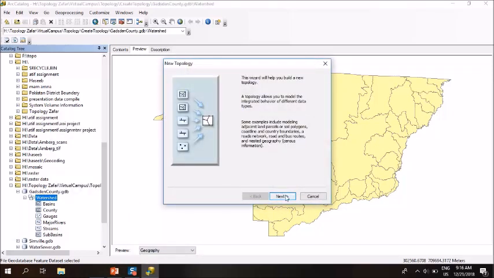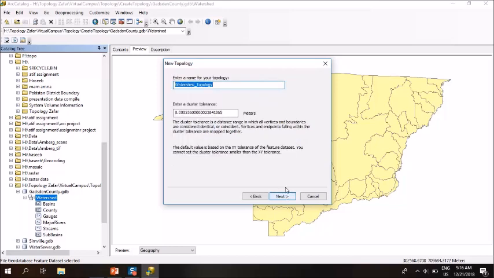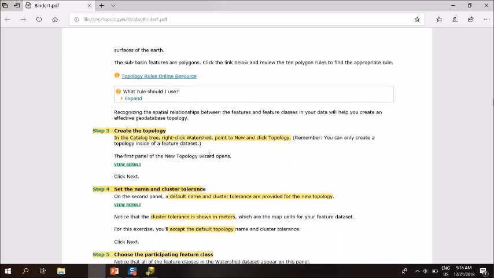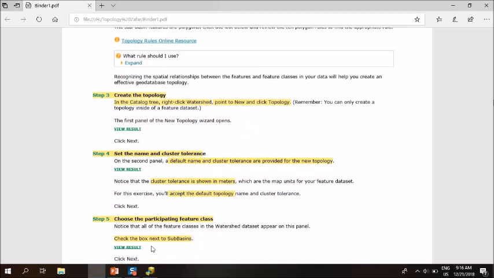Now you have to proceed, click next, and name this topology as mentioned. The first panel of the new topology wizard opens, where the dialog box has been opened, just like that. So you have to further proceed towards the next step, which is to set the name and